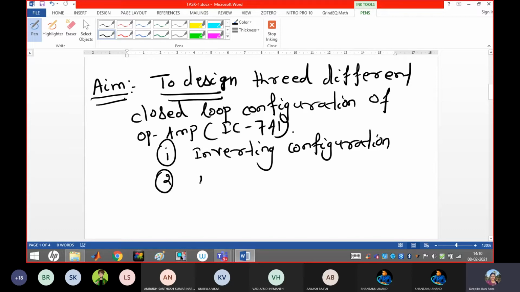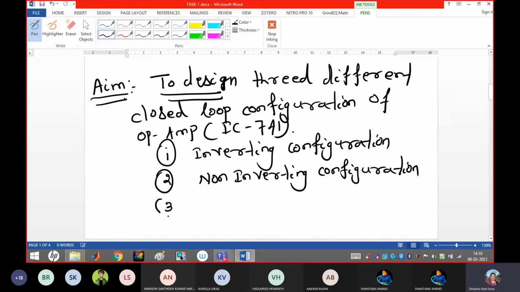Second one, non-inverting configuration. Third one, voltage follower. Right? Is it done?